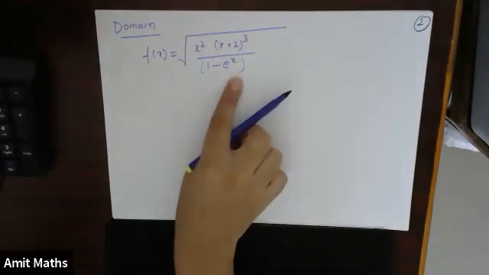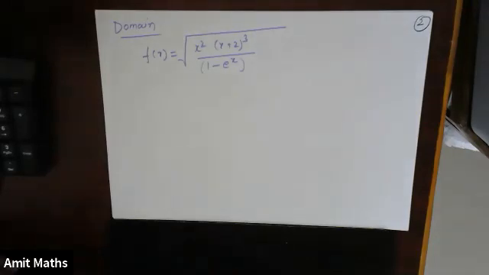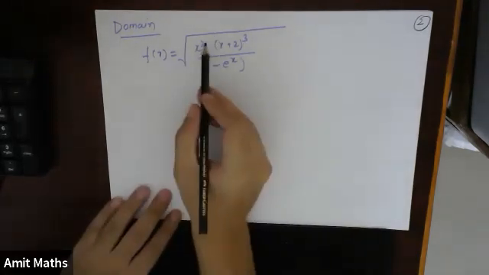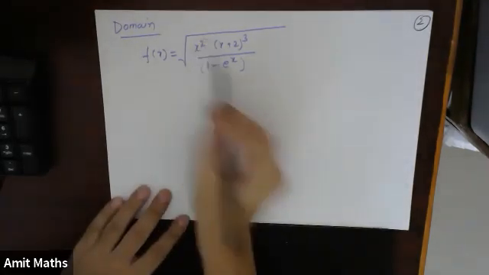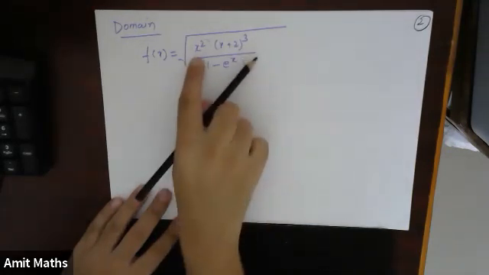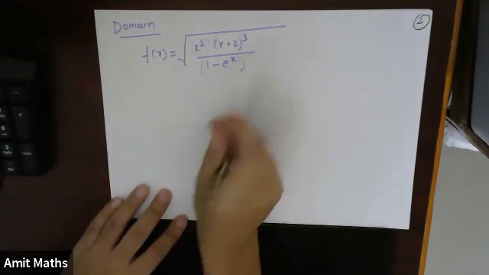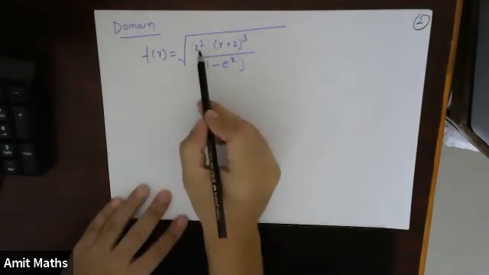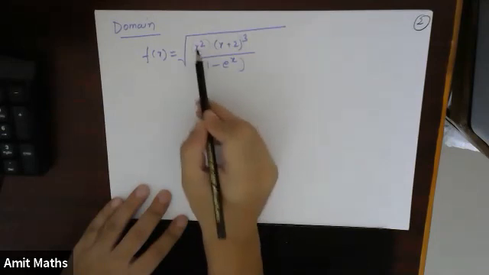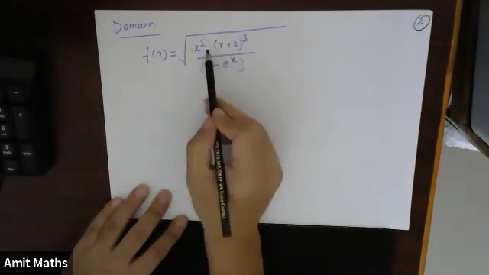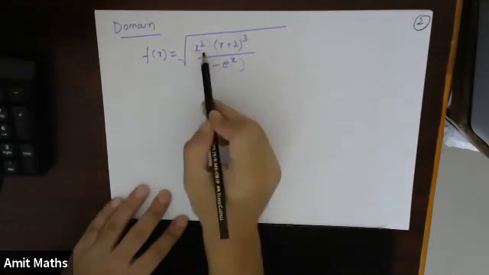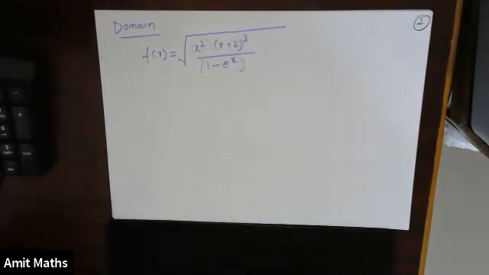Now see, this is something similar to the wavy curve. What I can do is consider this as one part, this as the second part, and this as the third. In the wavy curve, we found the solution using these as different factors. So I can treat them as different factors, find the roots, and find the wavy curve using this. So try to find the domain of this.